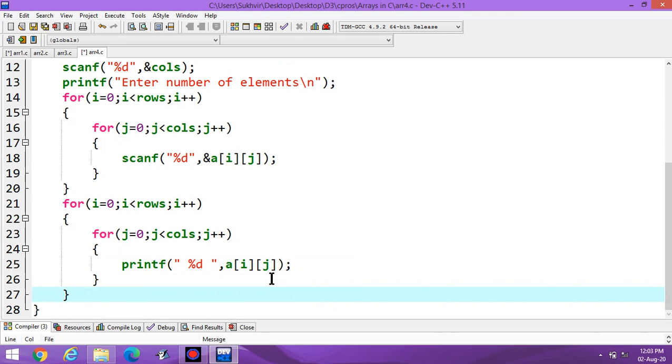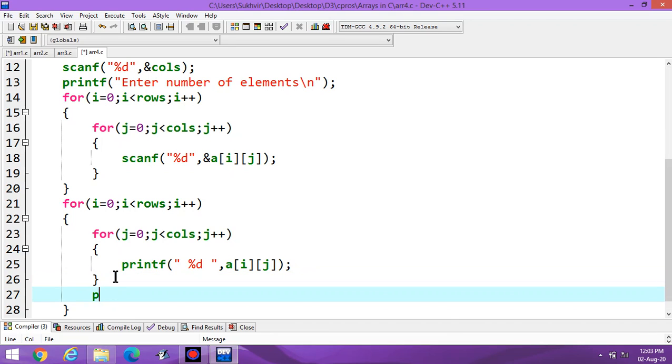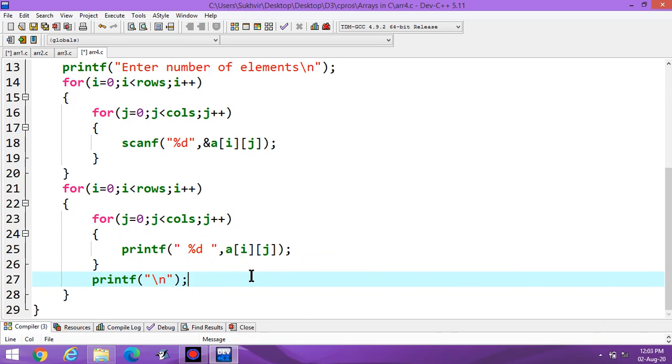One more thing is required. Here you have to write in the new line, means after the first iteration the data should be in second line so that we can develop the rows and columns.